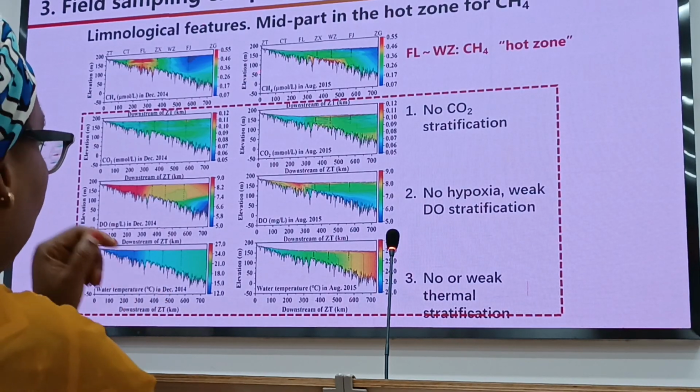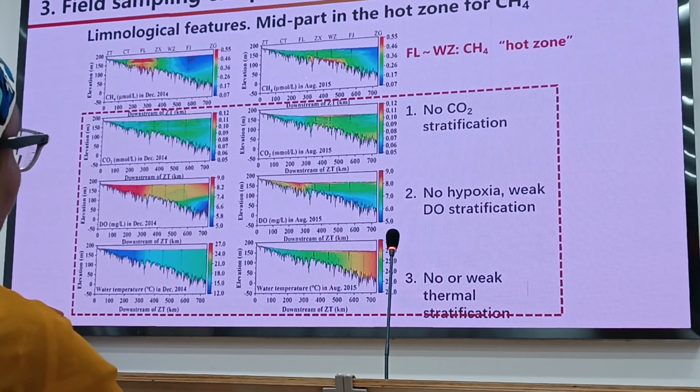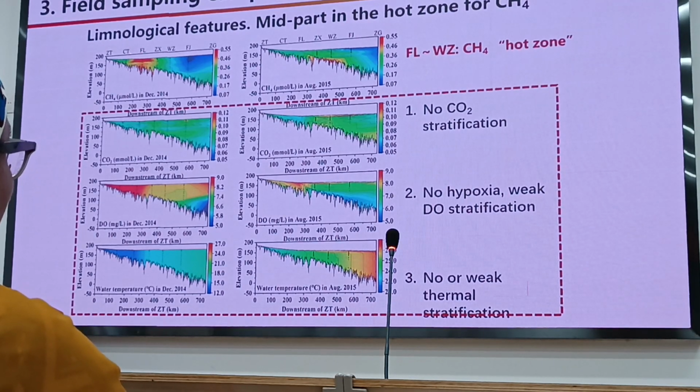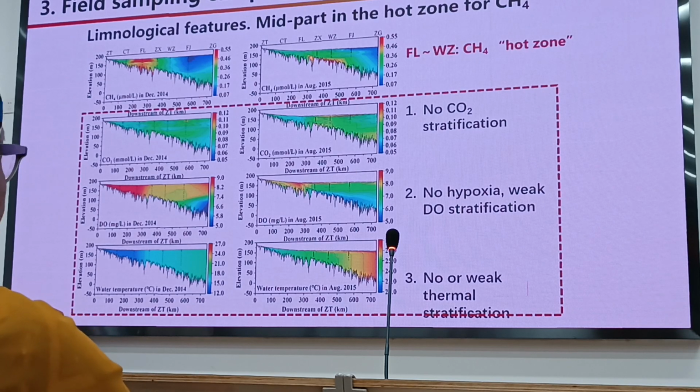And also, you see the limnological features. You'll see the hot zone for methane. This is winter, and this is summer. You'll see red in Fuling and Zhongxian, those are cities where you have Fengdu right here. In wintertime, we see some kind of hot zones of methane. And in summertime, the red one moves a little bit, which means it's kind of a tidal effect due to the water level going up and down. So it may move the hot zone of methane a little bit upstream and then a little bit downstream during the summertime when it's flood.